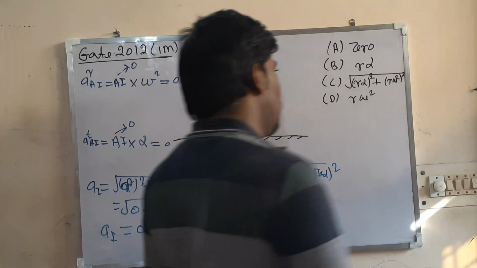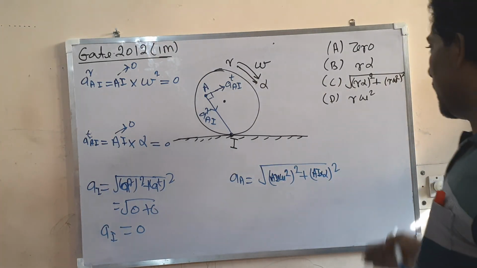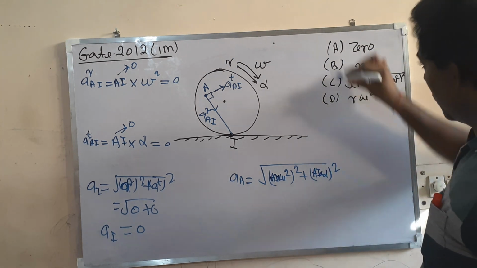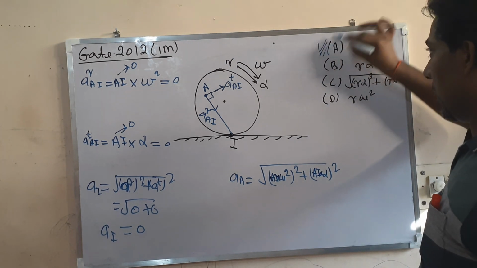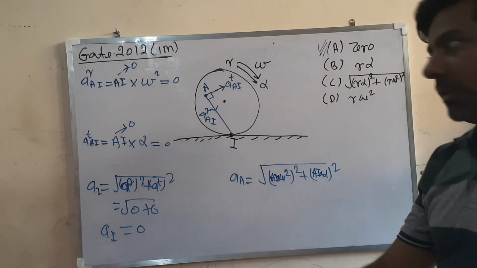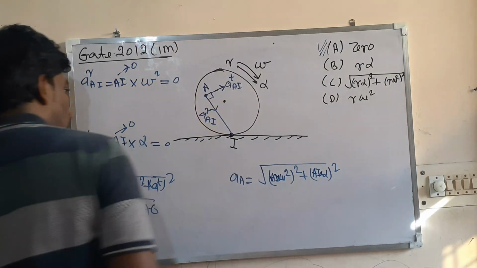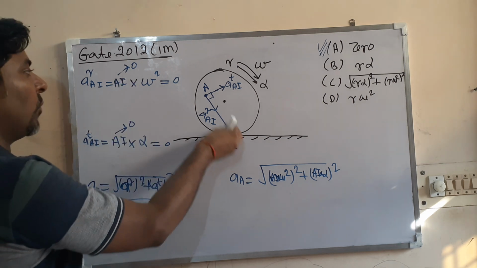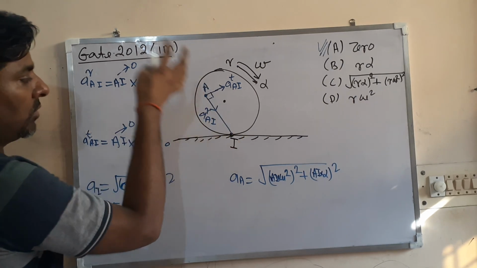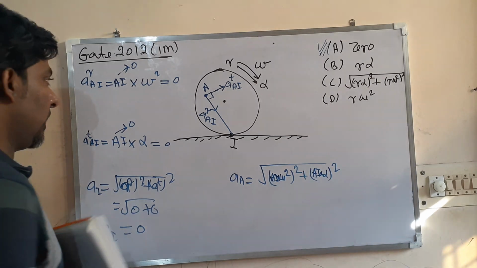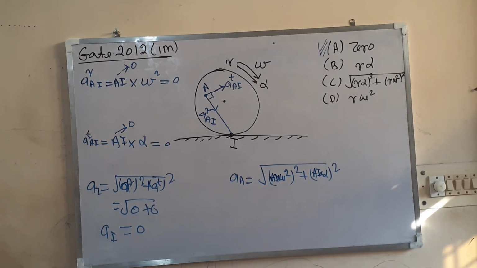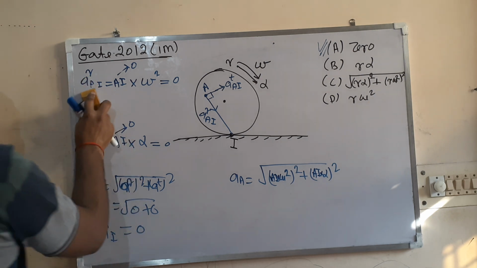Very clear. So the acceleration of this point of contact will be 0. It is neither r alpha, nor r omega square, nor this. Different people are answering differently, but this is the final answer, 0. It is 0. So very crystal clearly this can be understood by assuming a point here and then moving it to the point I to get the clear explanation. Okay, now let us see the next question.